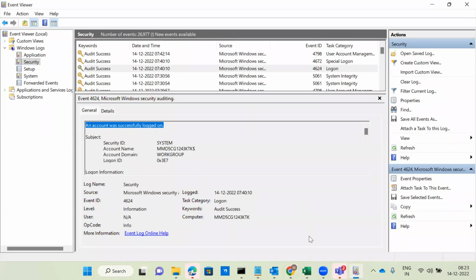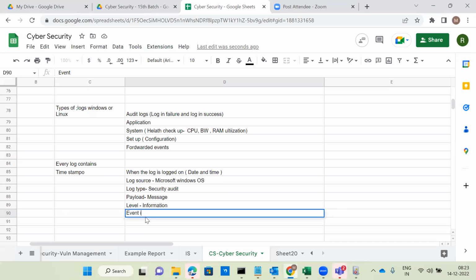Next one, event ID, user, computer. So in this scenario, what is the event ID? 4624. Computer name.